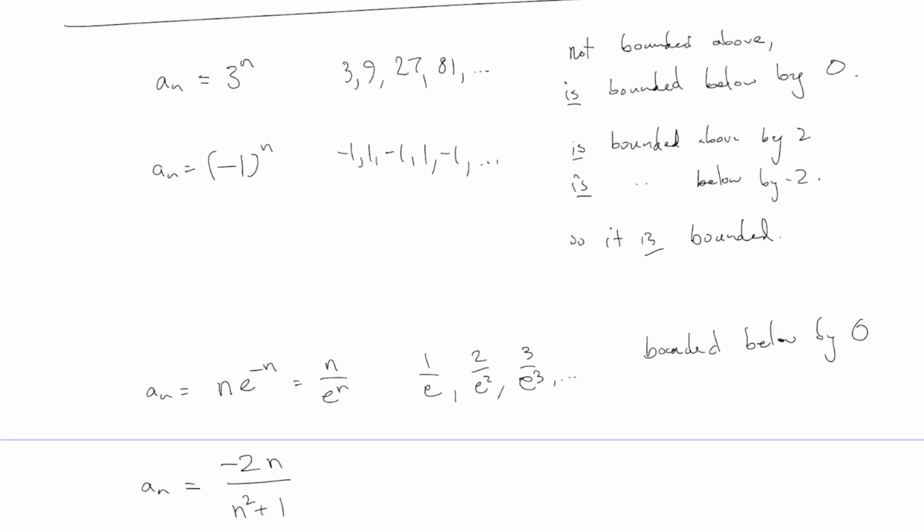I think another way to think about this is, I'm asking, is this thing bounded above, or do these values go up forever? One way to answer that question is by thinking about the limit of this sequence. Do these values go up forever? Actually, they do not. You can see that the limit of this is 0. That's because if you make n go to infinity here, you get something like infinity over infinity, and you would do L'Hopital's rule, and then you would get 1 over e to the n, which goes to 0. That means the limit of this sequence goes to 0, so the sequence does not go up forever.